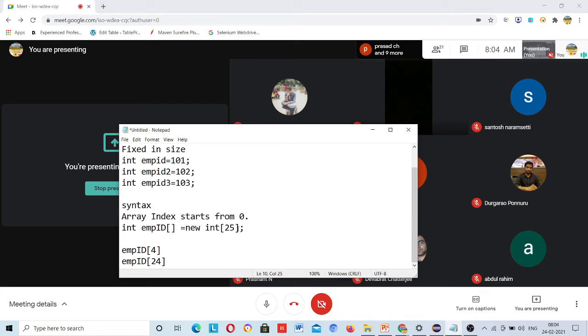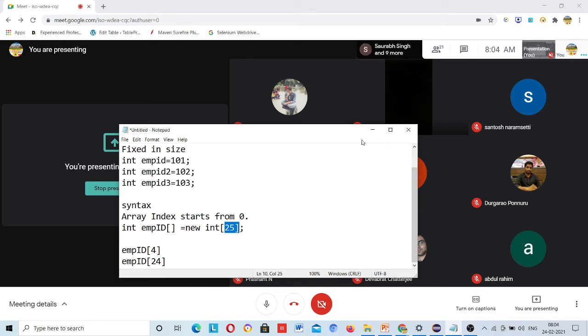If you cannot change it at runtime, then it is fixed. Suppose the 26th employee's data comes tomorrow, will it store it? No, it will throw an ArrayIndexOutOfBoundsException, because the array size was fixed.